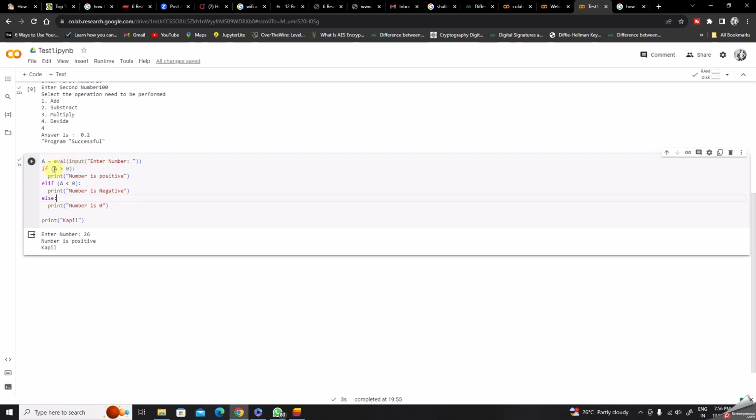And here we have the same conditional operators. It could be greater than, less than, or anything which I want to use. Even double equal is the same. In this case I have not given that option, because if a number is not positive or not negative, then it will always be zero. But if you want to use this also, then you can, let's say a equal to 0. In this case also I need to use elif,